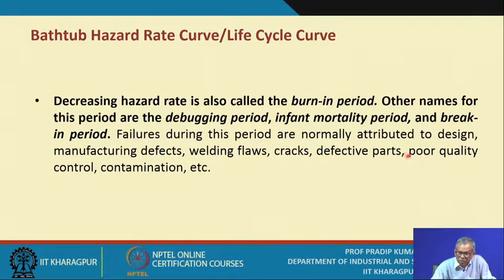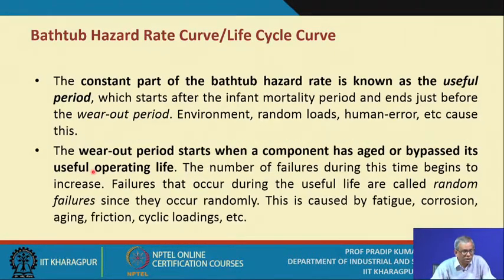Now here one particular point you should focus on, that is poor quality control. This also could be the main reason of early failures. Okay. Now next is when you reach the useful life phase, that means the constant part of the bathtub hazard rate